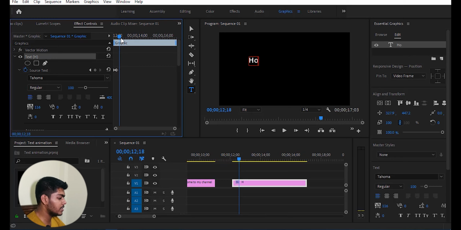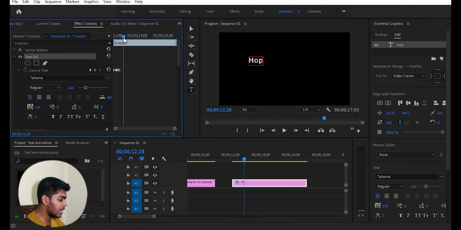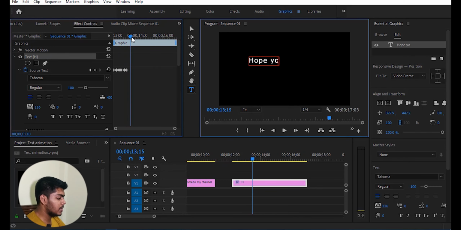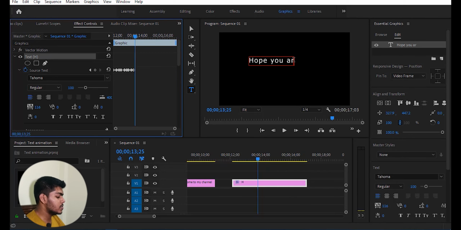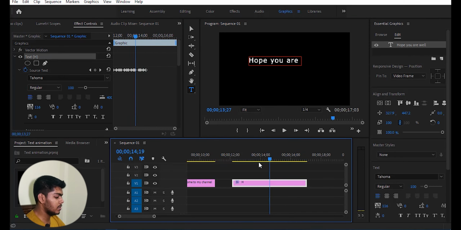We move forward in time and write another letter. Another keyframe is created, then we'll move forward again in time and type another letter. In this method we shall keep continuing until our sentence is written. After that we shall find that typewriter effect. So if we play this,